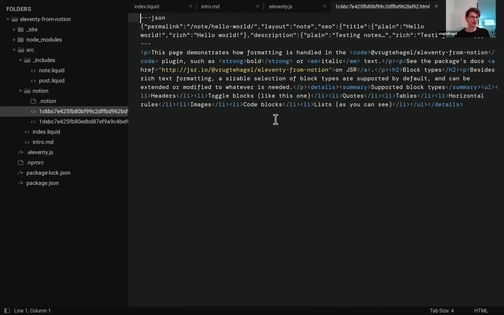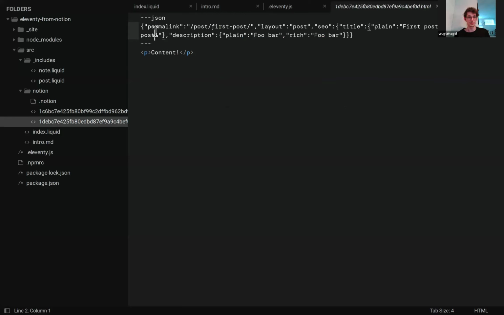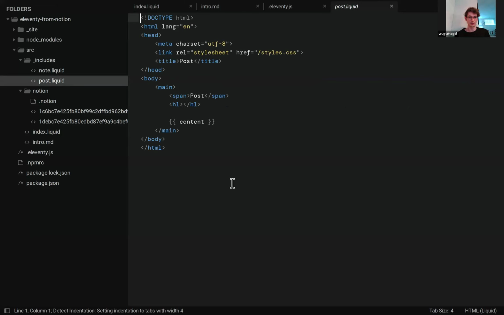You can also add a data file that generates them with Eleventy computed properties from the title, for example, something like that. You can see it specifies the front matter as JSON. Let's also use some of the data in this layout. For example, the SEO title that we talked about,